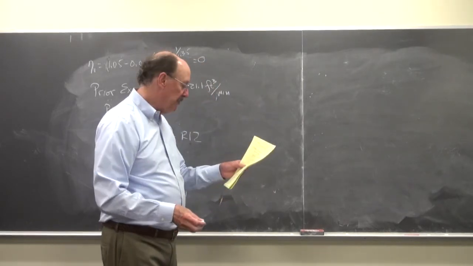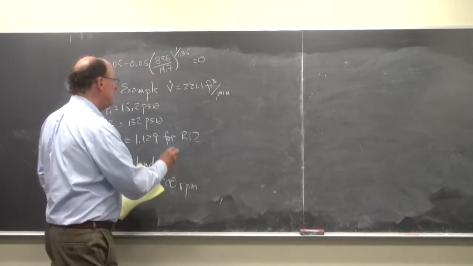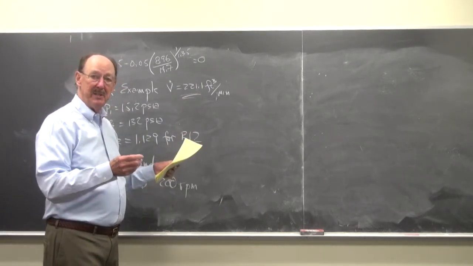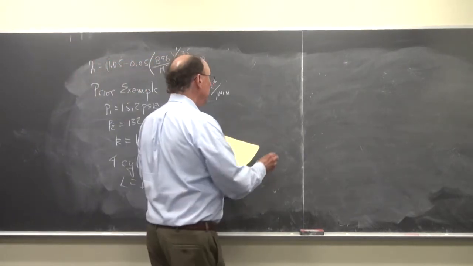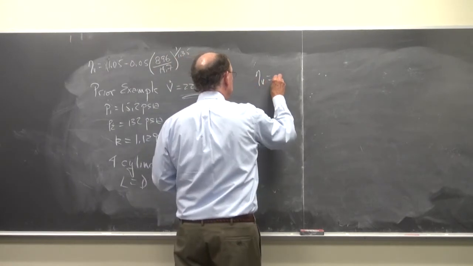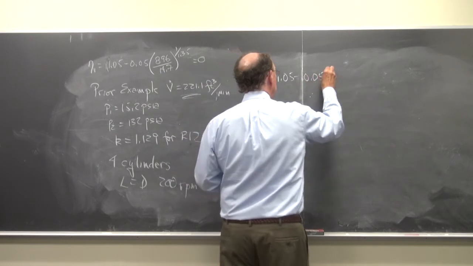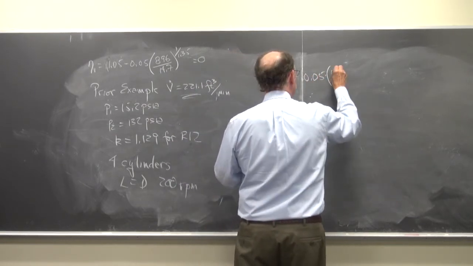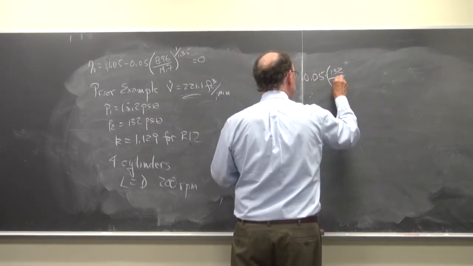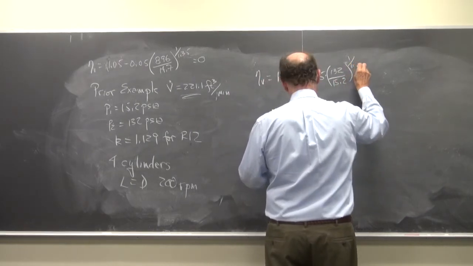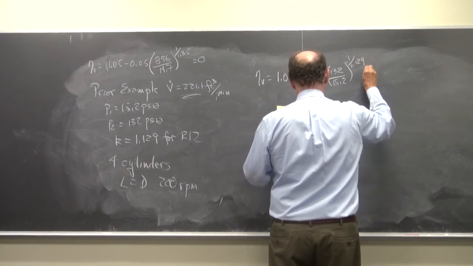Since this is the volume flow rate, I can use the volumetric efficiency to find out what the piston displacement has to be. So eta sub B is equal to 1.05 minus 0.05 times P2, 132, over P1, 15.2, to the 1 over 1.129,